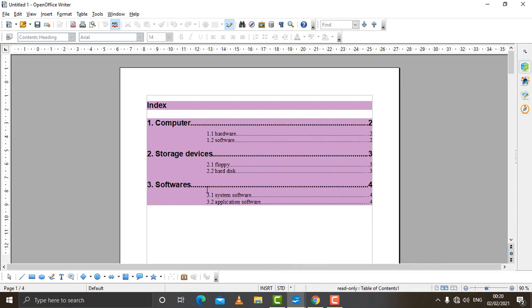So we can see that OpenOffice Writer has a very useful tool for creating indexes if we are having long documents like stories or books or anything which we have created and that thing requires an index. We can create it easily. Within a few clicks the index will be created. That will show a well arranged format of the document. So these are some of the features which are there in OpenOffice Writer.